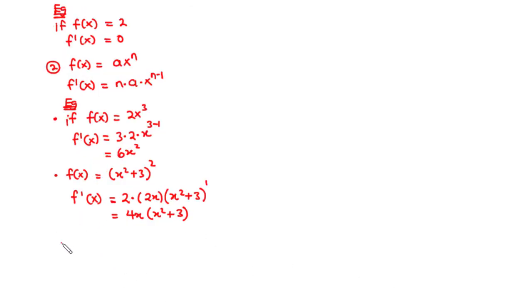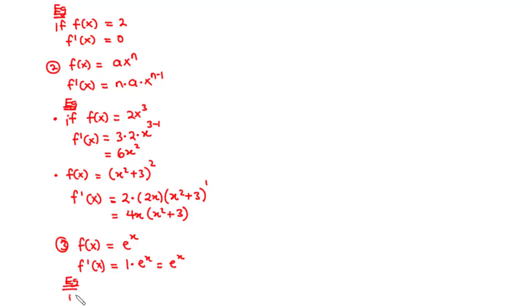Now to 3. Given that f of x equals e to the power x. Now the derivative of this function with respect to x is equal to, you are going to differentiate the exponent. Now the derivative of x with respect to x is 1. So you have 1 times f of x. So you have 1 times e to the power x, and that is equal to e to the power x. Now for example,